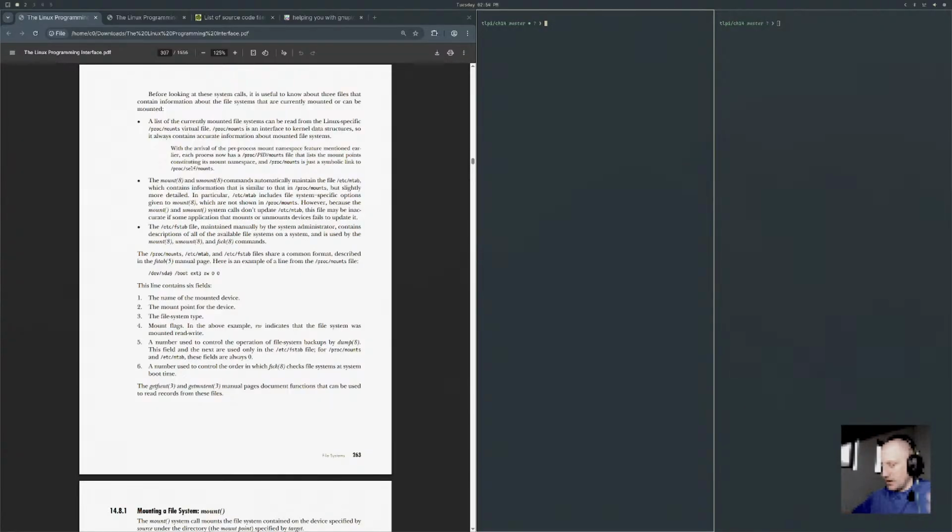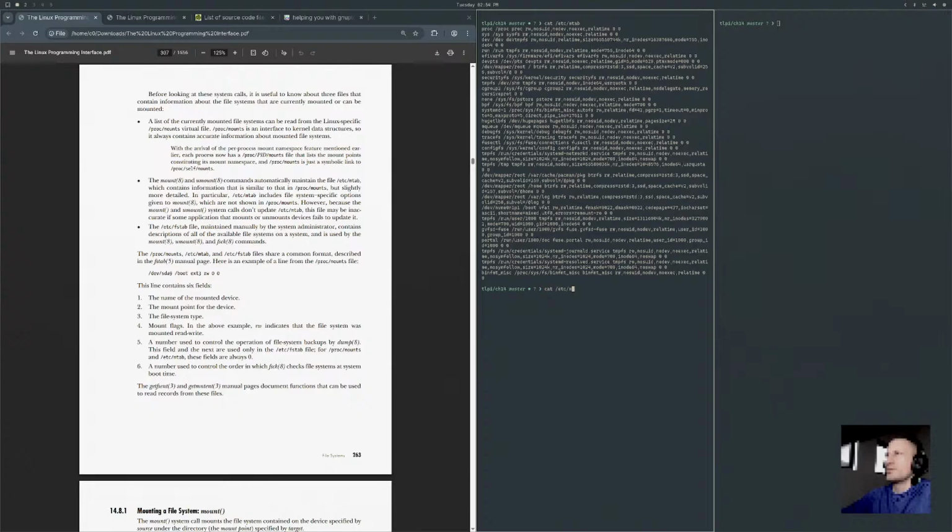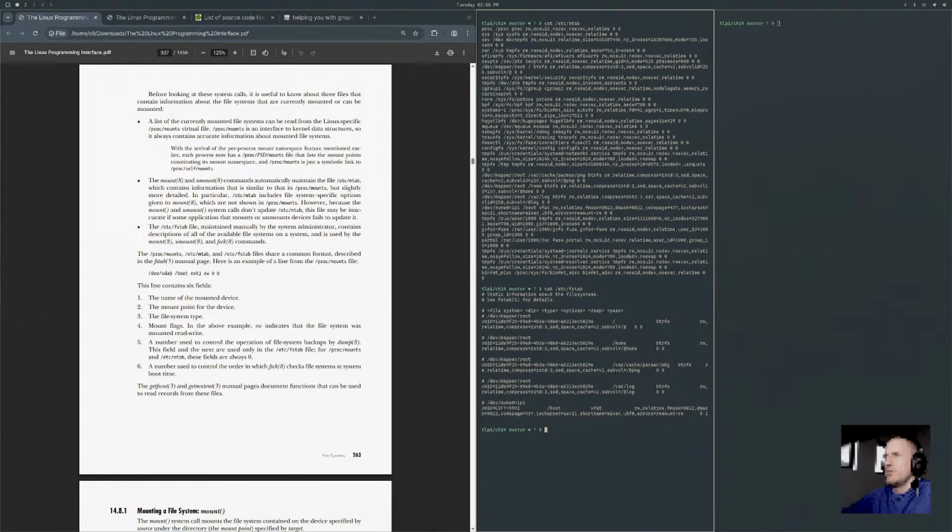The mount and umount commands automatically maintain the file /etc/mtab. /etc/mtab, and isn't there fstab? Yeah. Okay.